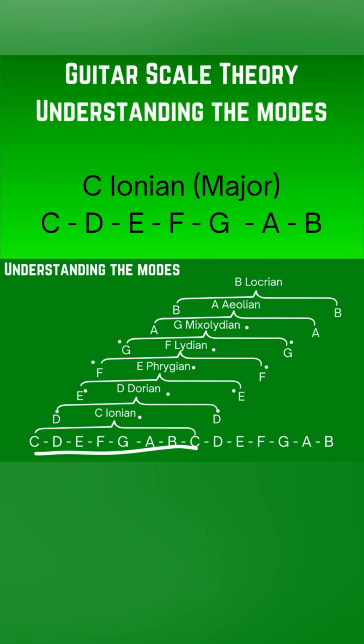If you start at the A and you continue to the A, using only the notes in the C scale, then you'll have an A Aeolian. If you start at B, you finish at B, and you use only the notes in the C major scale, then you'll have a B Locrian. That's the way it works, and you can do this with any major scale. So if you use the D major scale and you write out